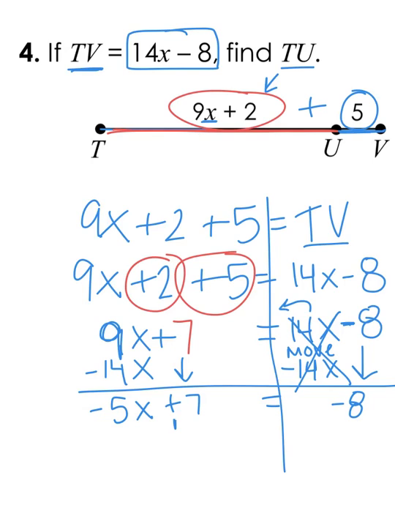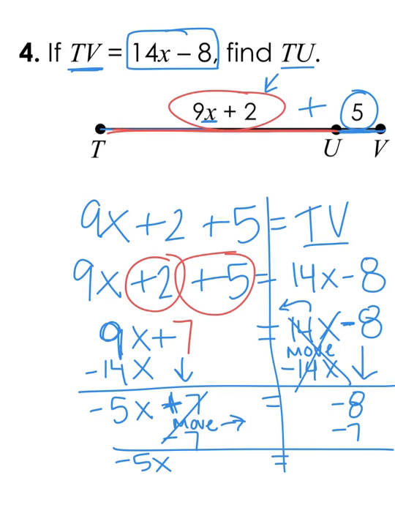Now we see that we need to move this constant that's by itself to the right side. How do I do that? I need to undo what's happening on this left side, which is plus 7. How do I undo that? I'll take 7 away from both sides. So that is 0. So we have negative 5x equals negative 8 minus 7 is negative 15, and I'll solve for x by dividing both sides by negative 5. So I see that x equals 3, but that's not the answer